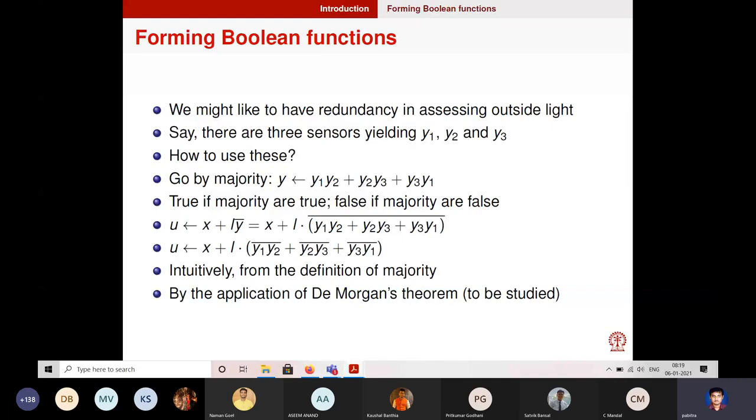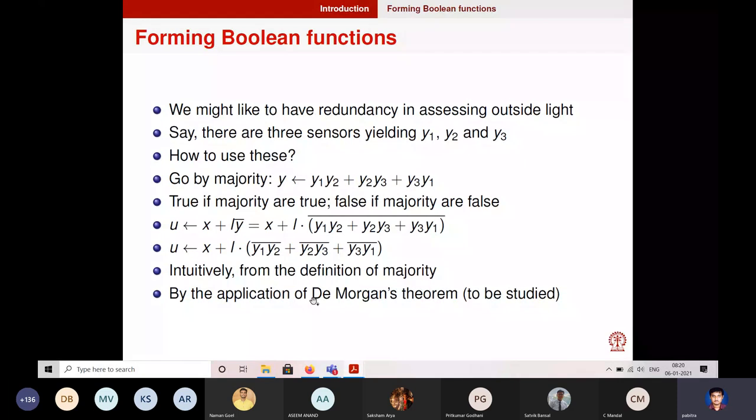But you can see that the minimum that you need is that any pair, which is a majority, 2 out of 3, is 1, then this expression becomes 1. So this is a nice way where you can represent the majority function. So now if we want to go back to our original U, which was earlier, let's go by this expression